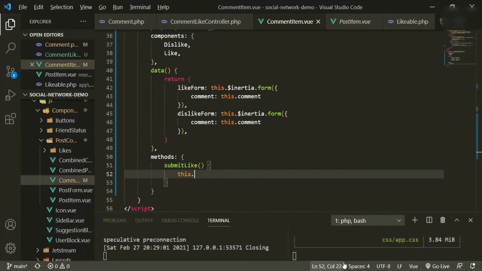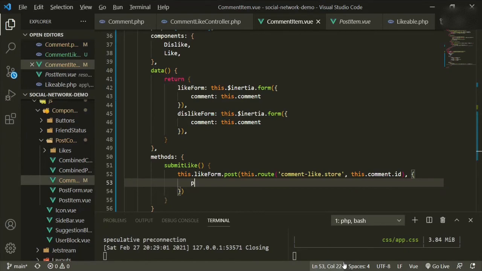And then it'll be this like form dot post this route and it'll be comment like dot store this comment ID comma curly braces, and then preserve scroll is true,